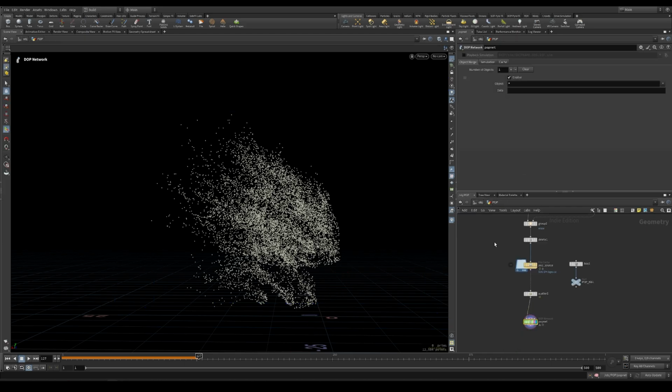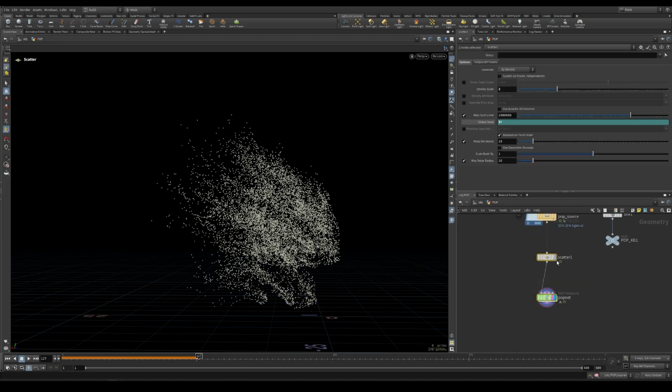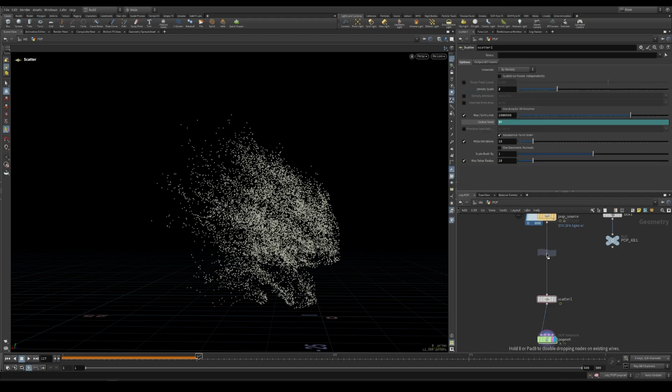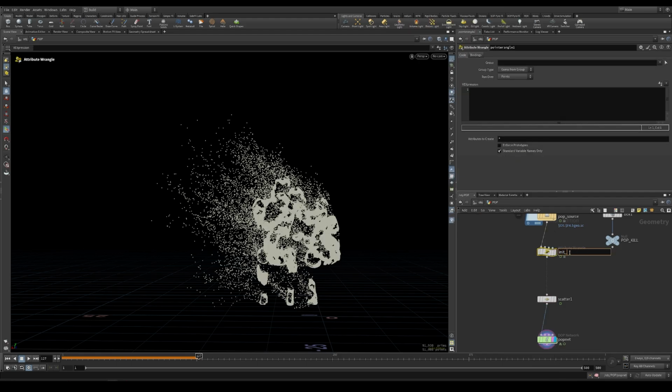So we want to go outside, and before the scatter, let's drop down a Point Wrangle. We will call this init at. We will use this also to initialize other stuff that we need for the simulation. So to tie the mass to the actual size of the petal, we just want to tie it to the pscale. So basically we need to compute a pscale before the simulation. We can tweak it later, but always in a manner that will be coherent, so less pscale, more influence on